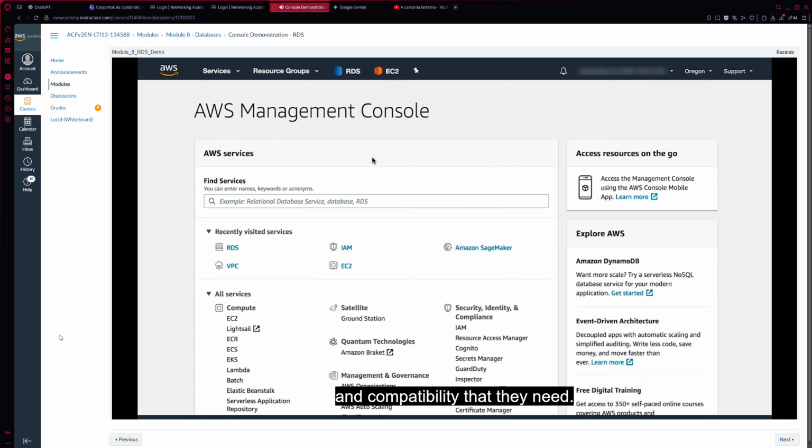compatibility that they need. Amazon RDS is available on several database instance types, optimized for memory, performance, or input and output. It also provides you with 6 familiar database engines to choose from, including Amazon Aurora, PostgreSQL, MySQL, MariaDB, Oracle, and Microsoft SQL Server. You can use the AWS Database Migration Service to easily migrate or replicate your existing databases